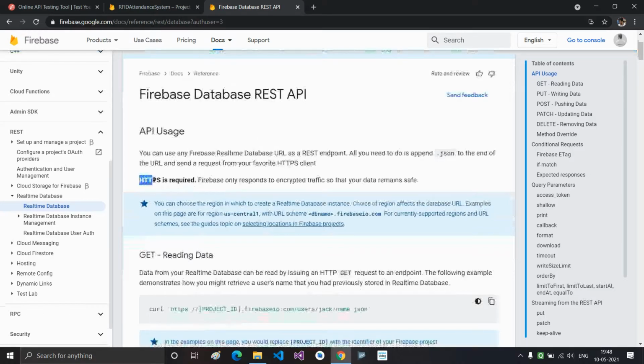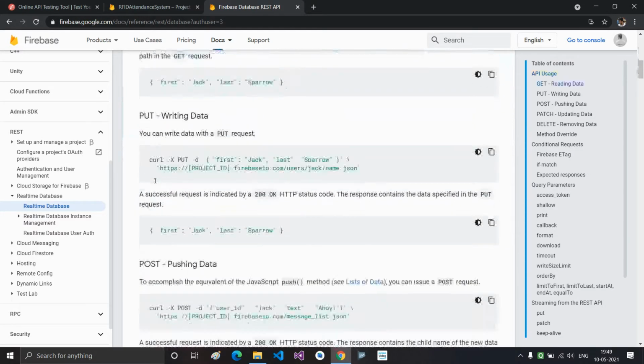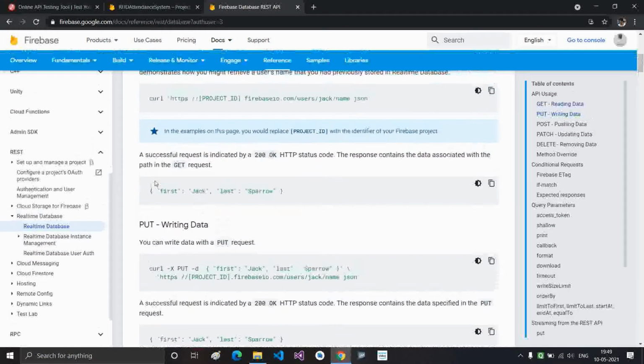So one thing to note here is that this API uses an HTTPS protocol, not just HTTP. So basically this is a secured HTTP protocol. So the network layers which we saw a few minutes back, another layer to it gets added, which is the security layer. So we'll see about that in a few minutes. This is a really good documentation created by Google. So you can go through it.